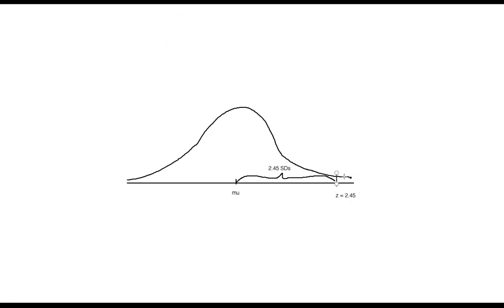It's a positive z-score, and it gives me the area to the left. And the area I got was 0.9929. So that means that the area to the left, which I'm going to mark in red,